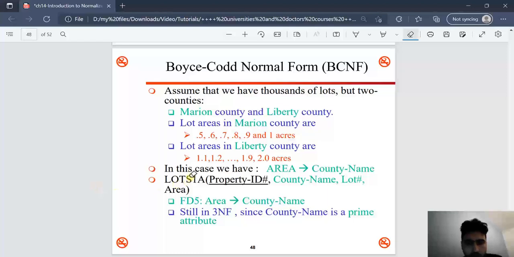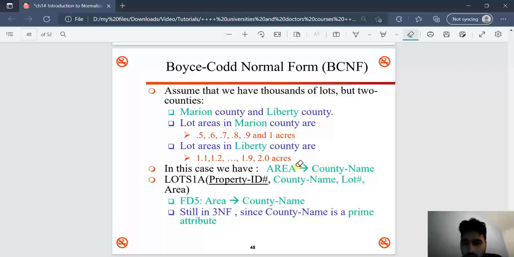Hello students, in the last video we worked on the lots relation and changed it to be in 3NF form. But now we have a new functional dependency that tells us that area derives the county name. This new functional dependency